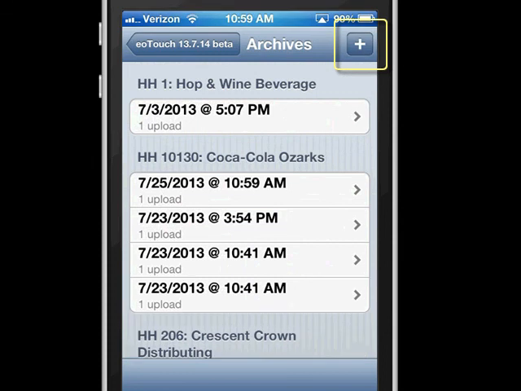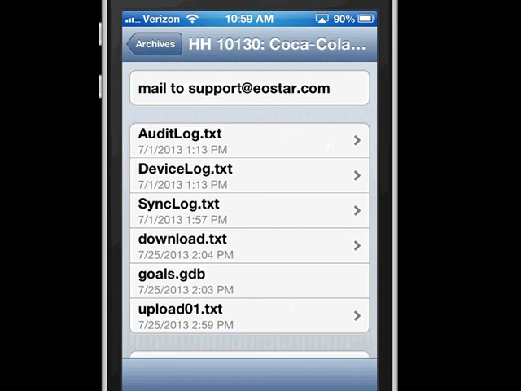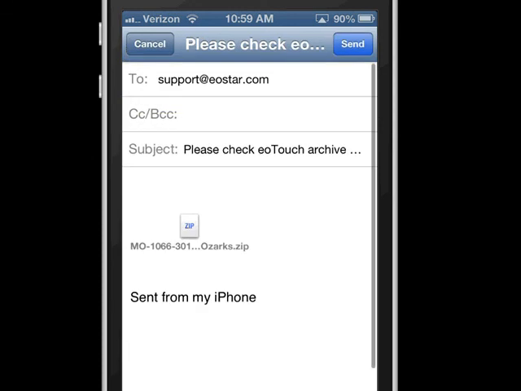And when I go in there, give the screen one moment to catch back up to me. You see at the top of audit log and device log that there's the option to mail it to support. Click on mail, it'll open up an email for you and already fill in support so you can send it to us. It's great, it packages it up, but to note, this doesn't necessarily tell us what happened